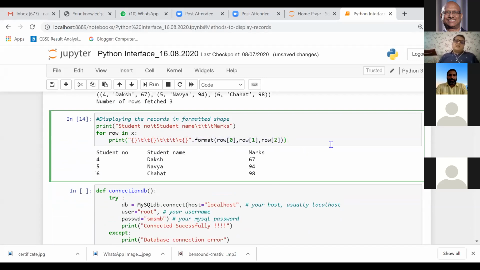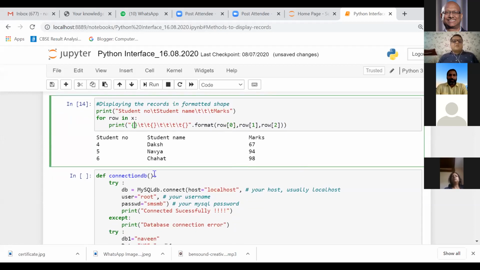In earlier versions of Python, 2.7 or 3 point something, we had the %d, %s kind of approach to do the formatting. But now, in the latest way, we can use the format function with curly braces. Now I'm explaining this concept. Wherever I have written curly braces, format row 0 will be displayed. Row is my variable, and the value at index 0 will be available. So that is the way we can display.